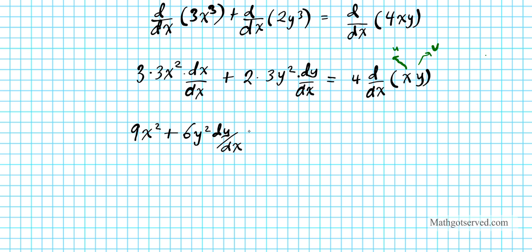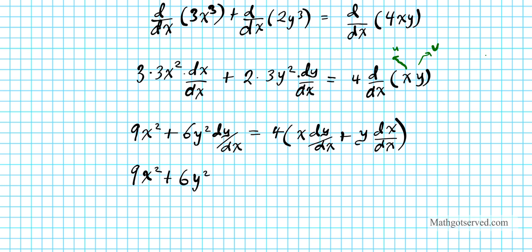That equals 4 times... Now we're going to have u v prime, which is x times dy/dx, plus v u prime, which is y times dx/dx. Okay? All right, let's leave the left side alone. It's just 9x squared. We'll bring it down, plus 6y squared dy/dx